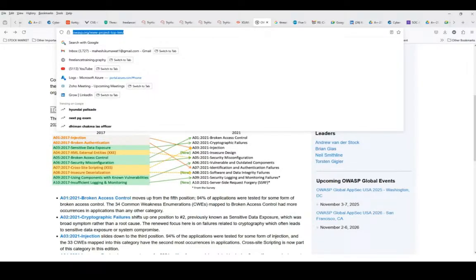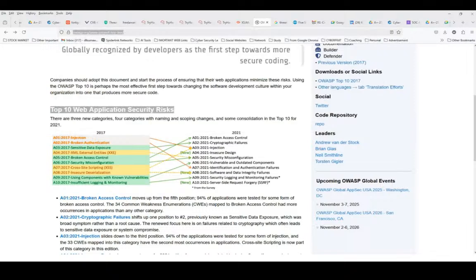Let me send you the link. Okay, sir, I have sent a link to you. Just study it, that's very important. Broken access control, cryptographic failures, injection, SQL injections, insecure design, security